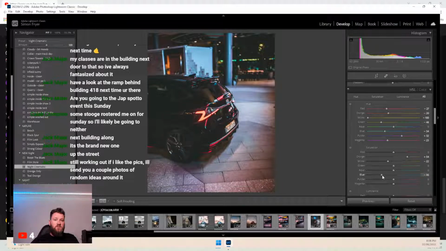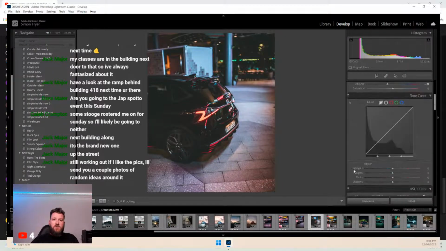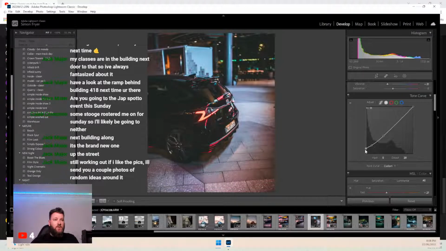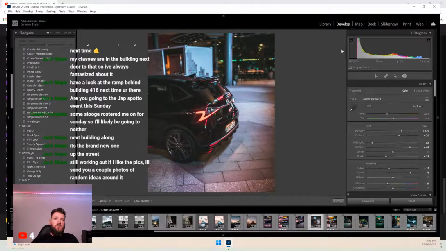Drop the blues. We need to adjust the curve as well because someone's been fiddling with it. Yep. Something like, oh no, whoops. And then also up here, yes. We then need to